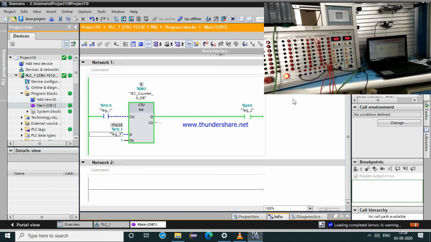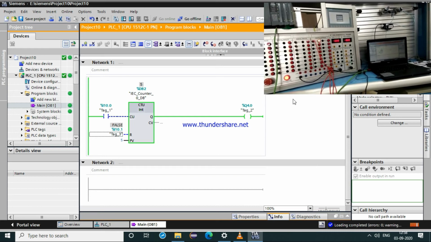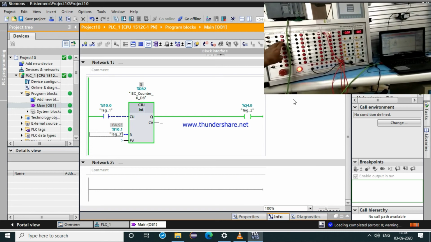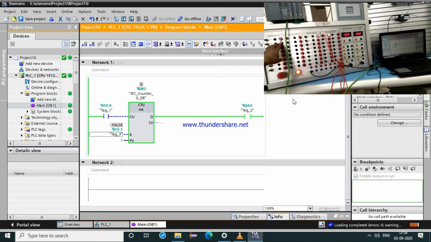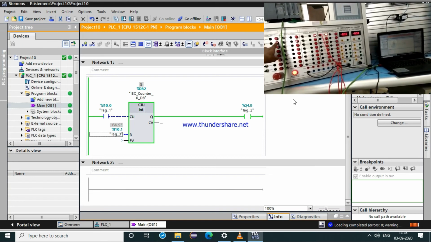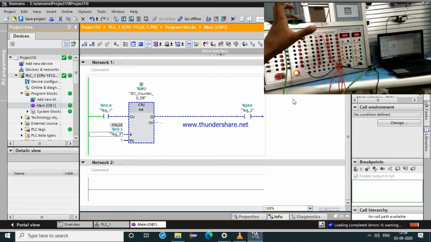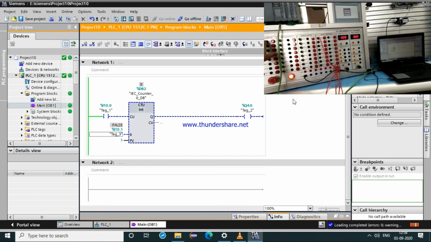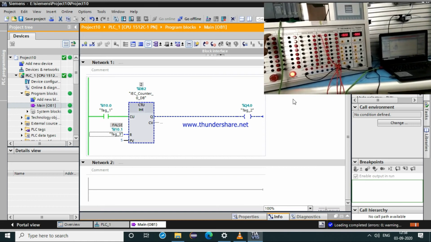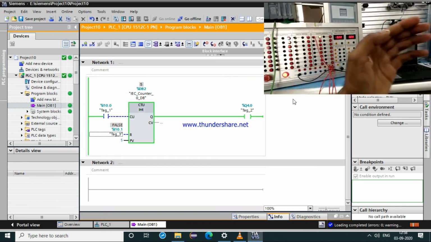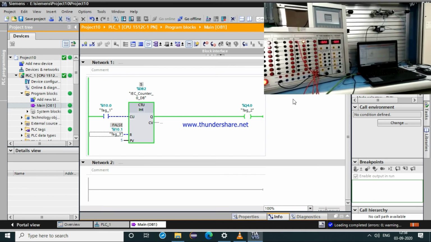So now as we have given a tagging to reset our counter, the input we used to give is our I 0.0. Now the reset input is our I 10.1. So as we press our I 10.1, our counter will reset back to 0. So as I press this 5 times, the fifth time my cylinder will operate.